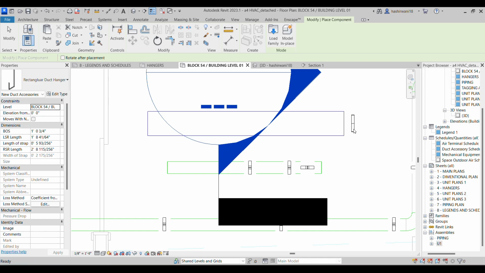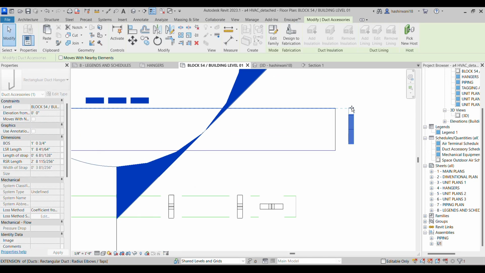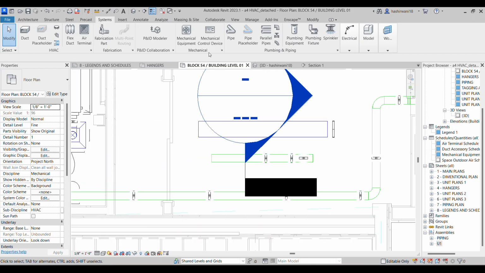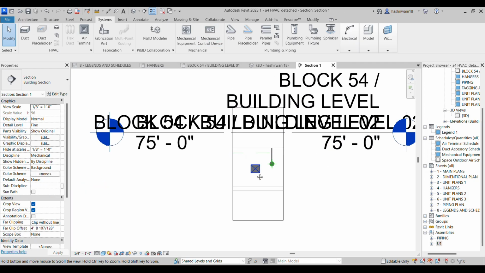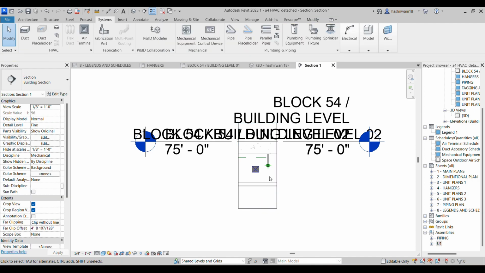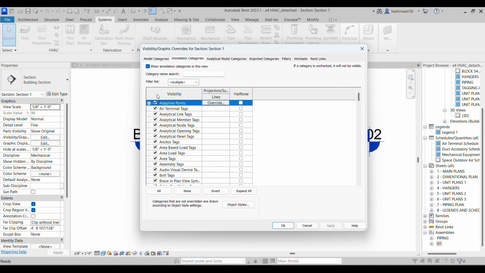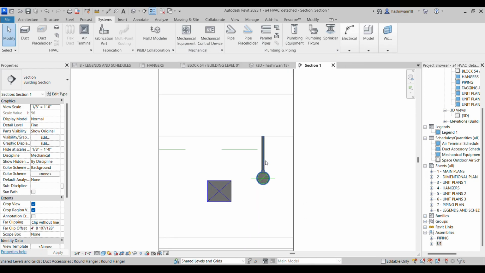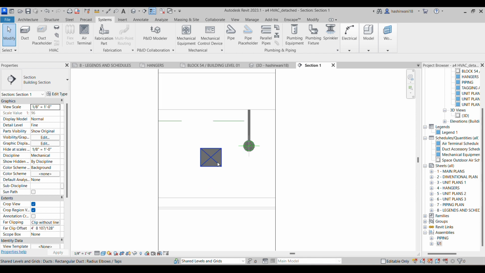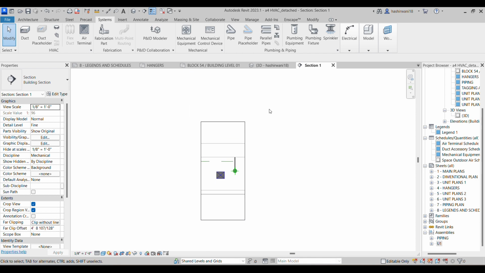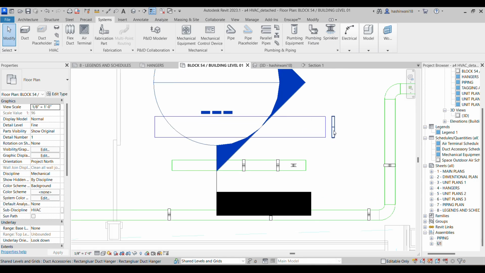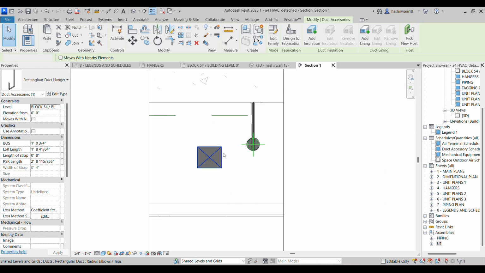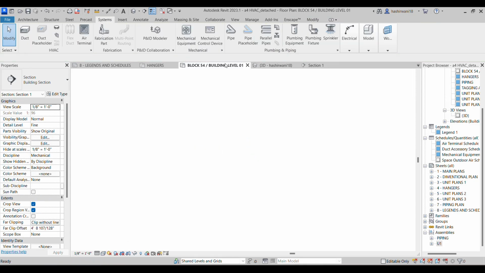for now, and then I can simply extend it up to this and up to this, and then let me see this particular hanger in the section. I'm not able to see the hanger, maybe it hasn't. I'll simply turn off the levels first of all. Simply go here and L, turn off the levels. Okay, now the levels have been turned off, but I'm still not able to see those particular hangers. I'll go back, I'll select this, and then not able to see it yet. Go back here,